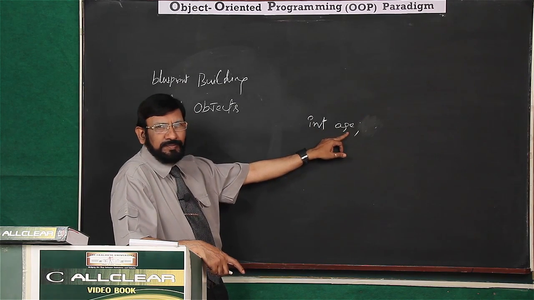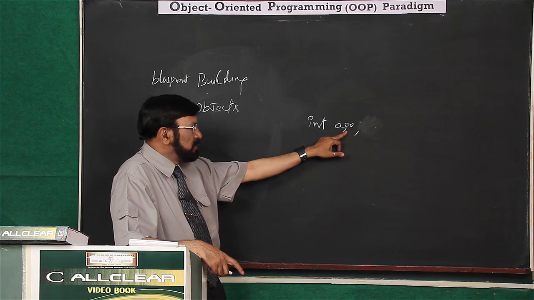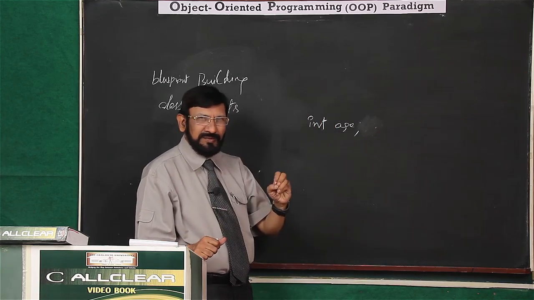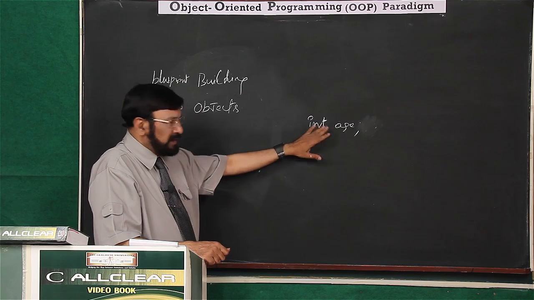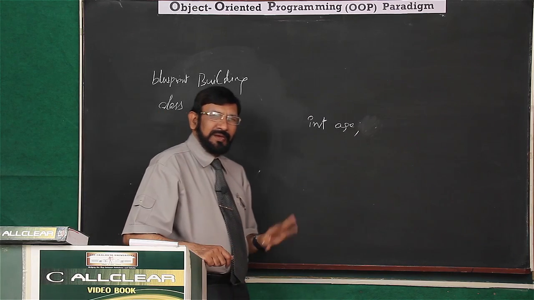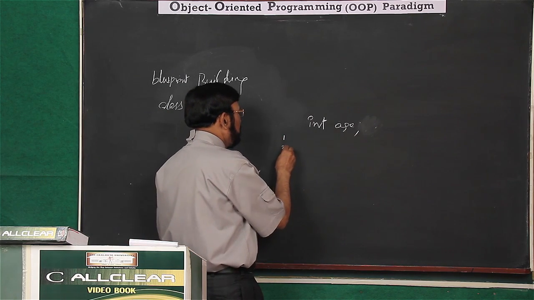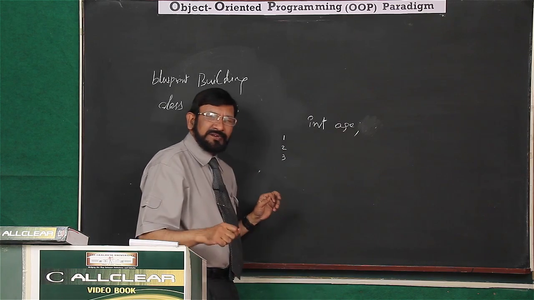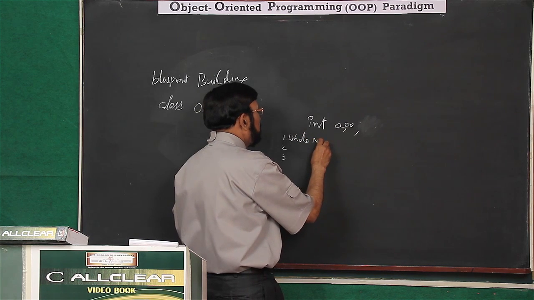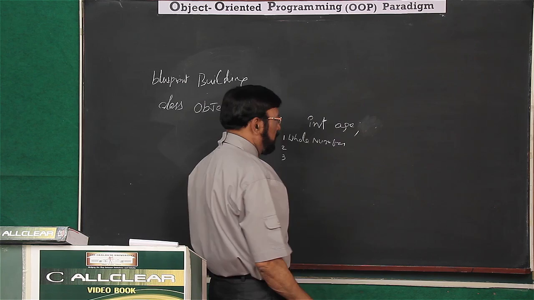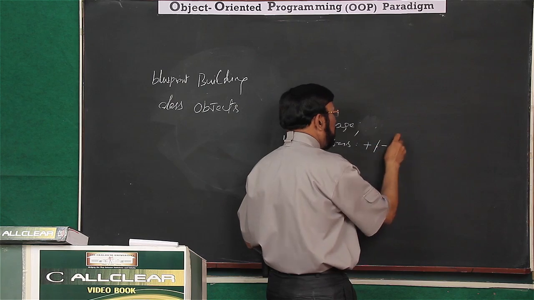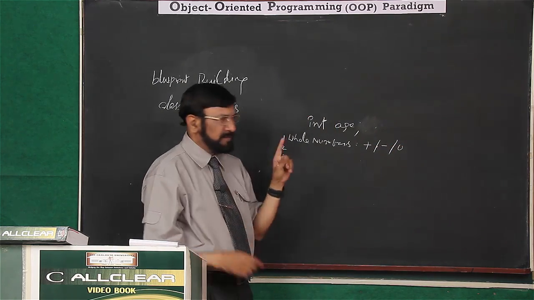This is a variable. It's an age variable, and its type is int. What is the relation? Just think whether you thought in this angle or not. Now think of it as a blueprint. What is int? Int means a set of characteristics. What are the characteristics? Int takes whole numbers, either plus or minus or 0 also. That is one characteristic.